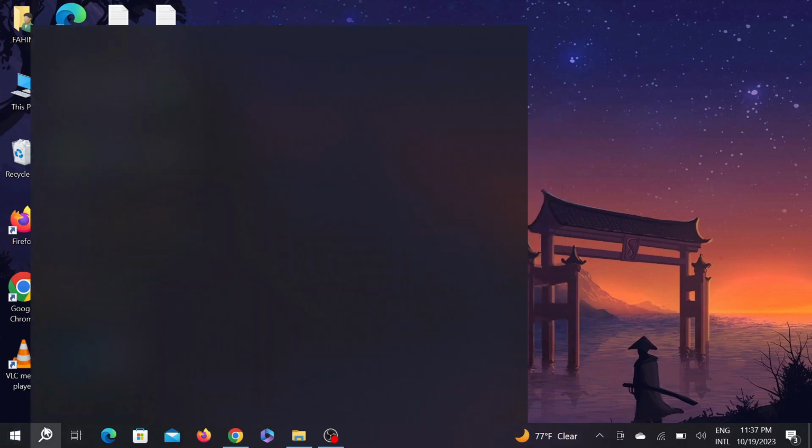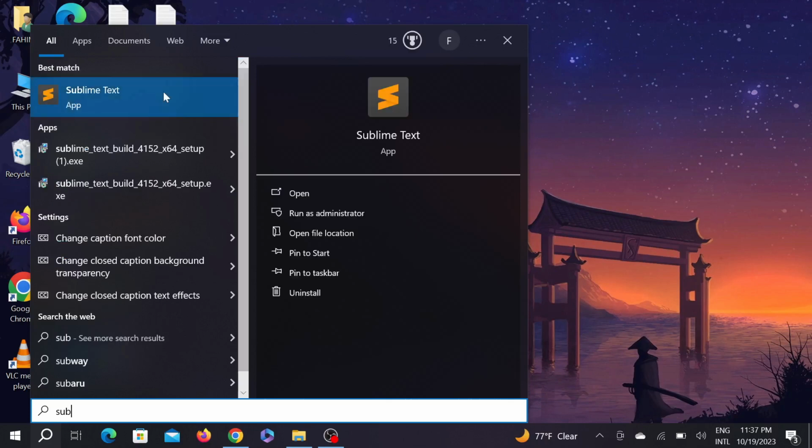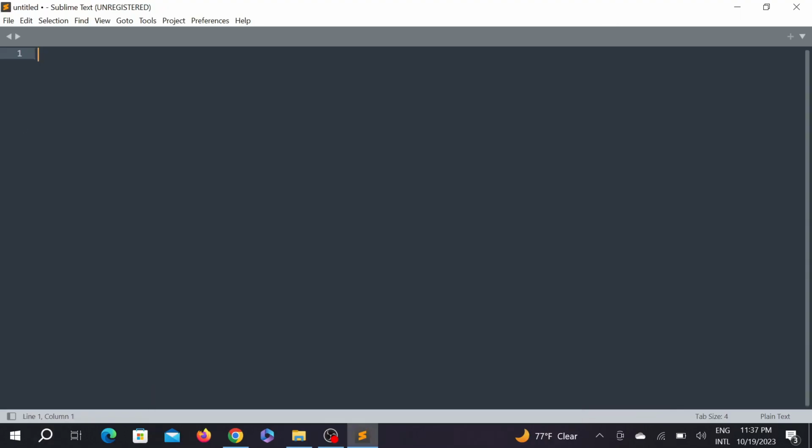Now go to your search option and here search Sublime Text, and this is my installed file, and click open here. Now after click opening it, you can see this is their interface, and now you can use the Sublime Text as you wish. So this is the video, and I hope this video helps you,